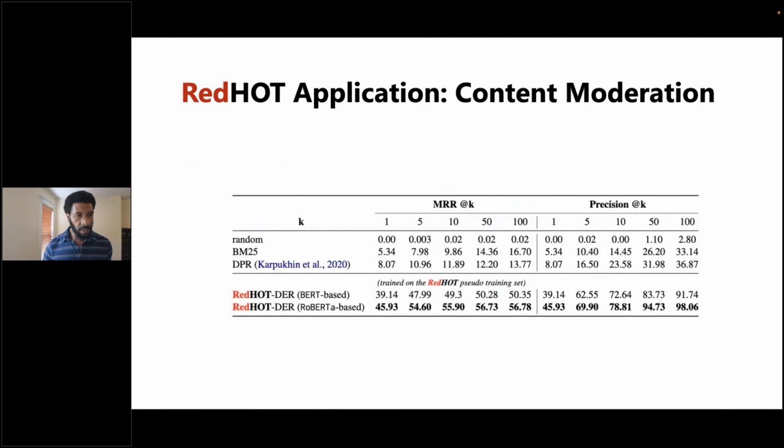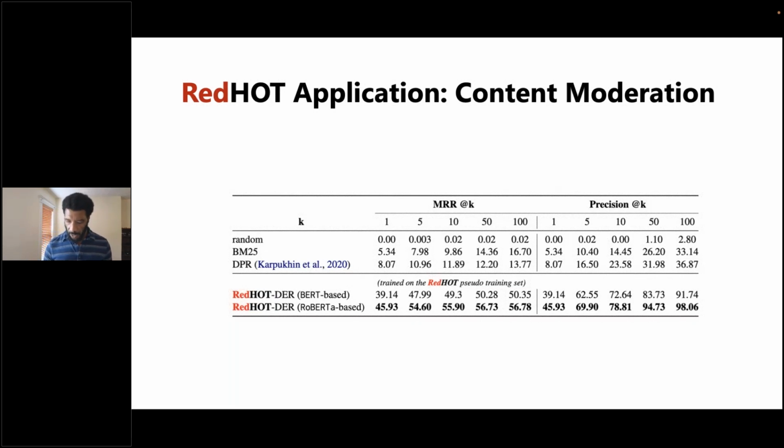These are some results. They're not super important for this conversation, only to note that BM25, which is the canonical bag-of-words approach for information retrieval, performs much worse than this dense passage retrieval model trained on this data. However, this is not a fair comparison because this model was actually trained on this data.